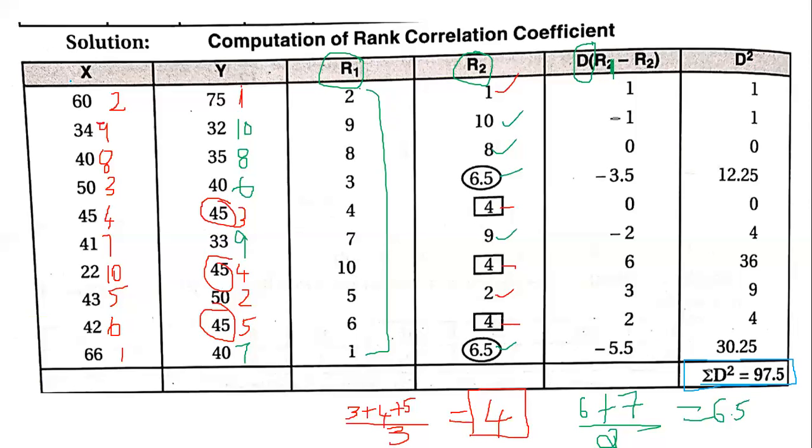So first we take the data, assign the ranks, we see if they are repeated or not repeated, then we find the difference with the ranks, and then we square the differences. Once you add up all the squares of differences, then you get the important value. And apart from this, the other important value for calculation is n. Now n in this particular problem is 10, because we have given 10 ranks if you see here. So we have n number of data, that is 10 number of data.